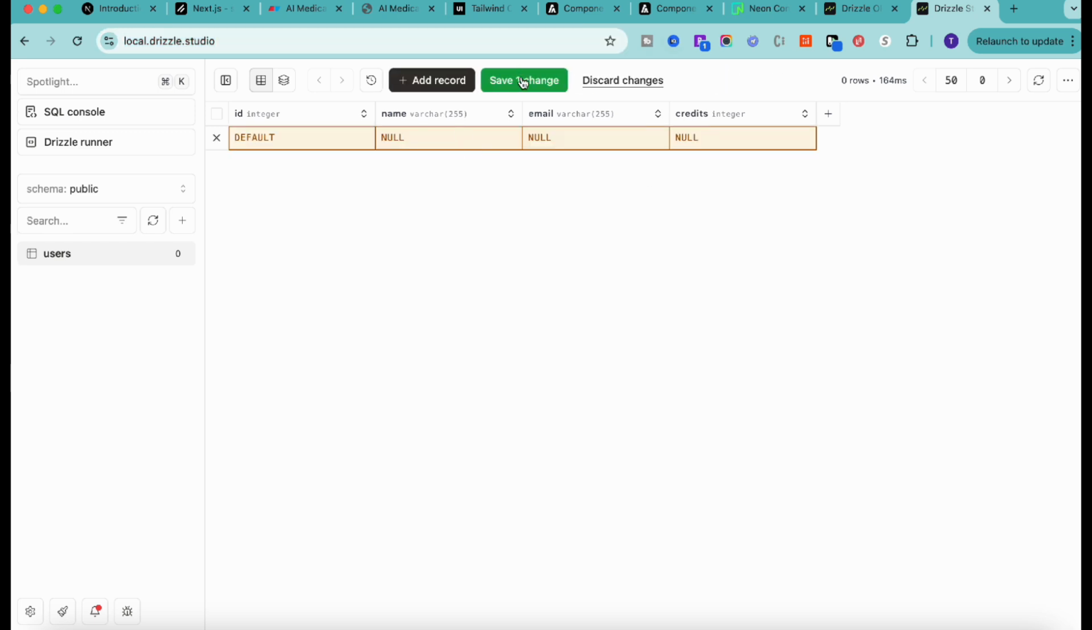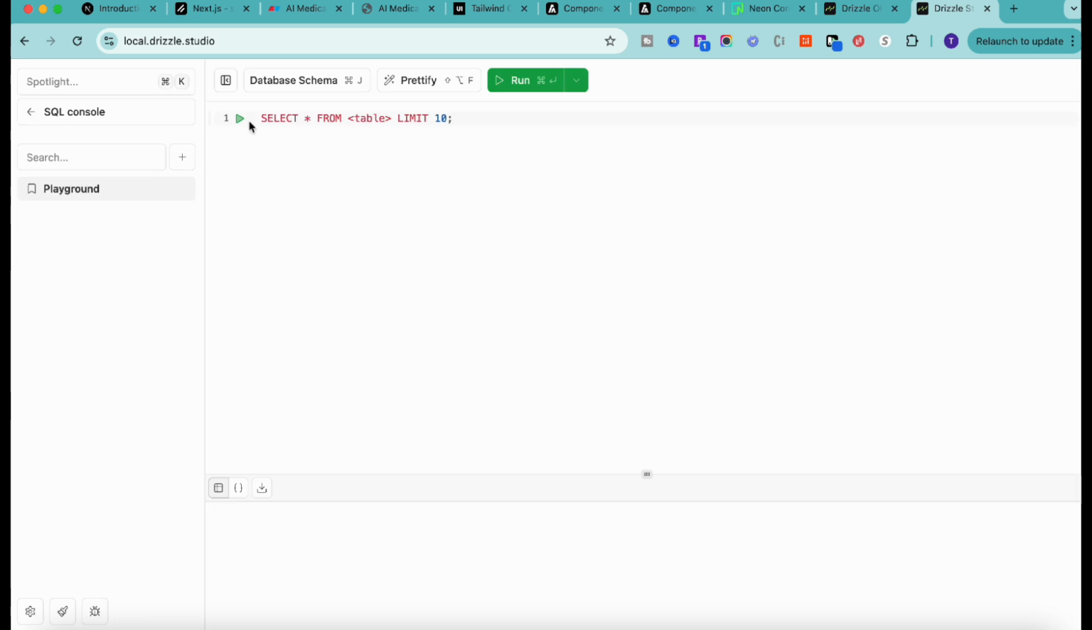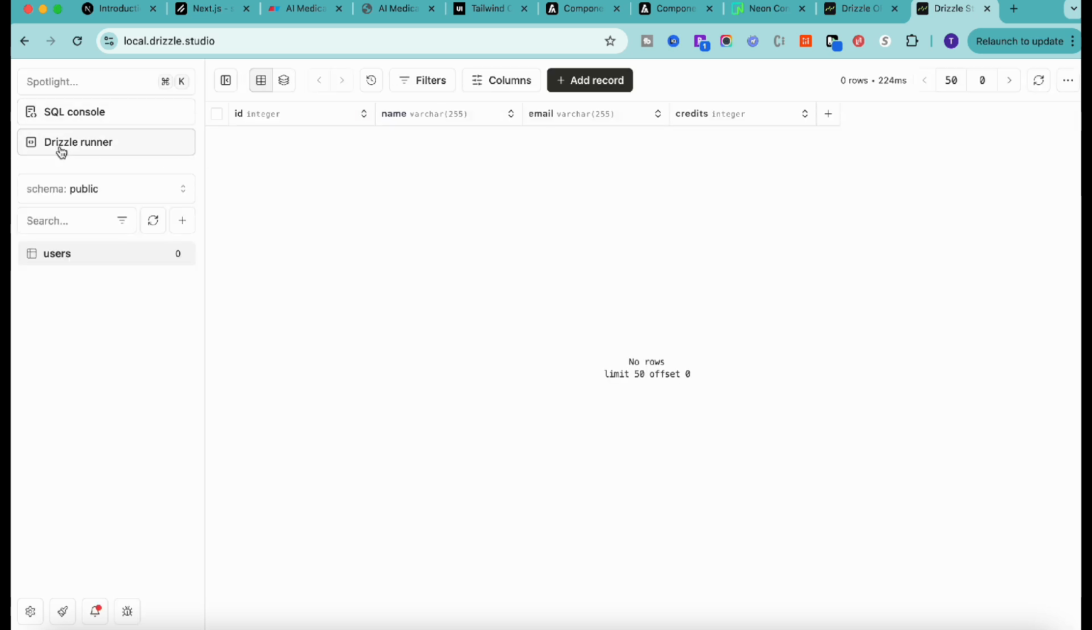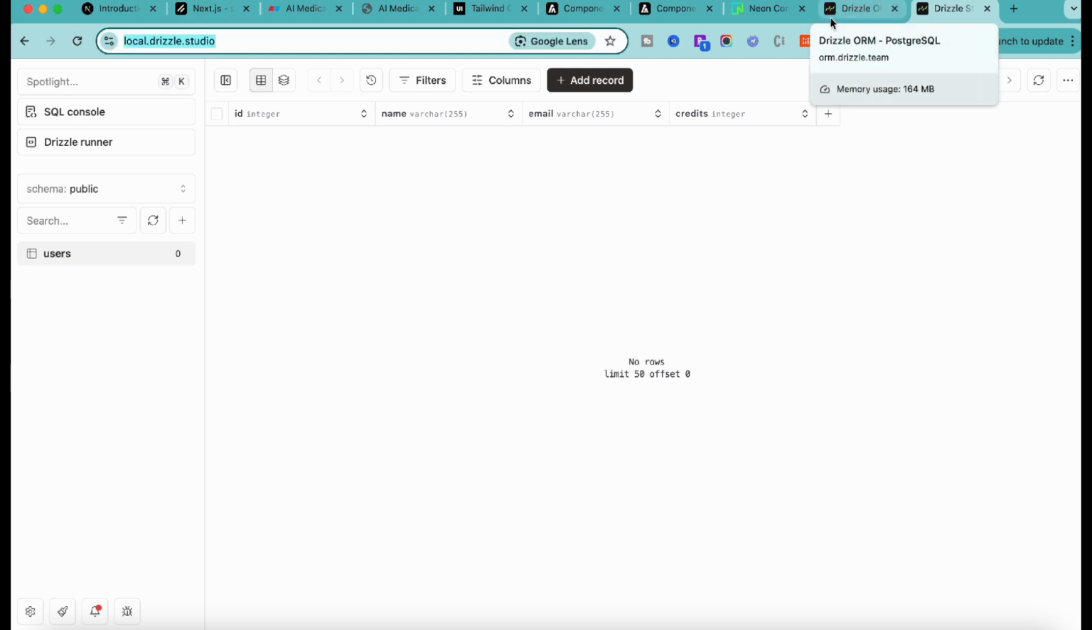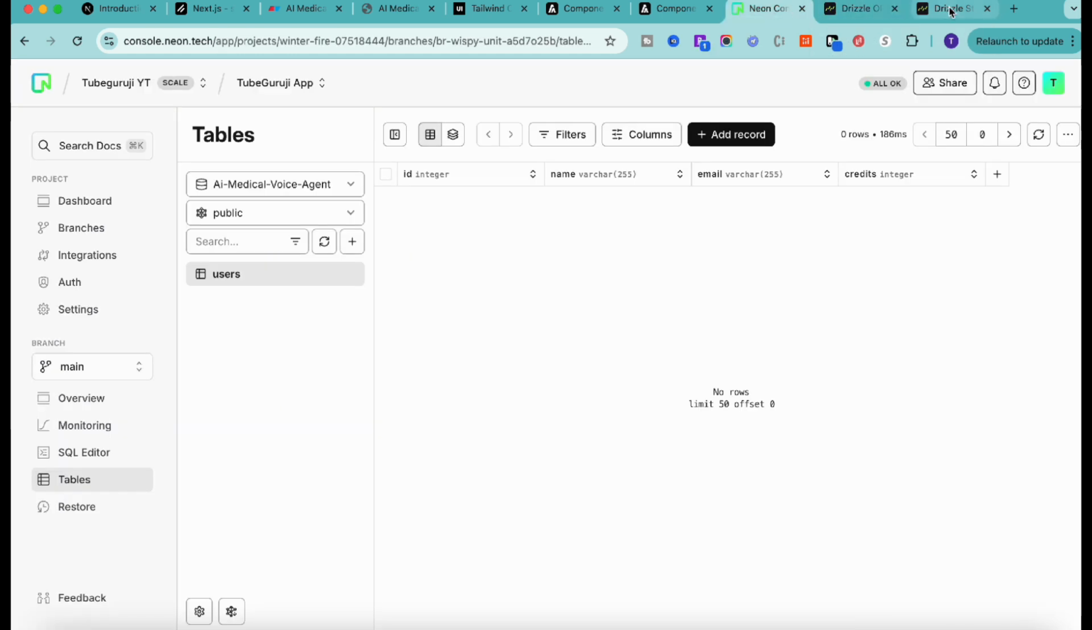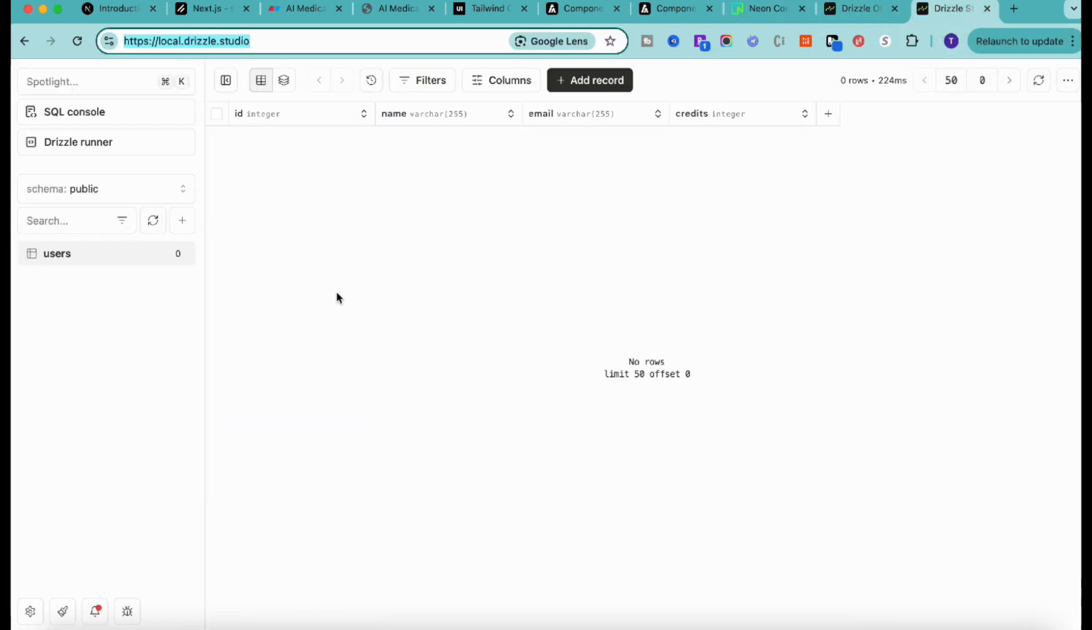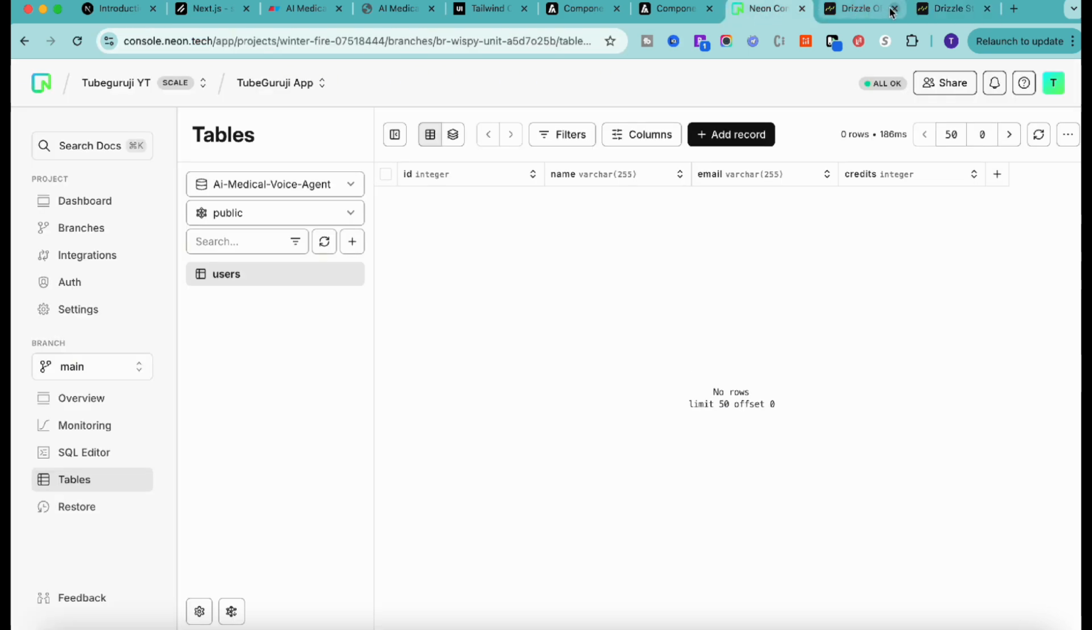Obviously you have the option to add a record. You can run the SQL query as well, or you can run a Drizzle query as well. Okay, all of this functionality is available inside this local Drizzle Studio as well. Obviously throughout the application we are going to refer to this local Drizzle Studio whenever we want to access the database, and that's how easily guys you can create a database with the help of Neon PostgreSQL database and the Drizzle